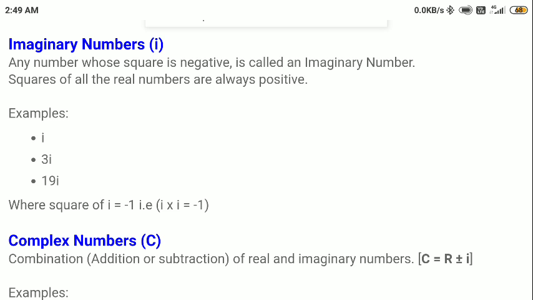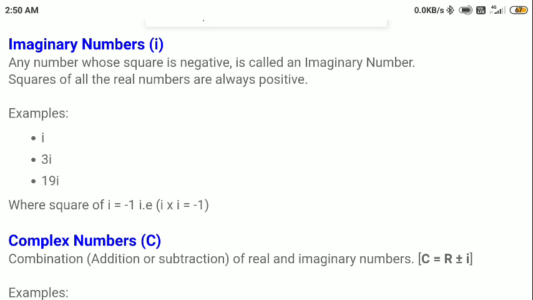That means those numbers can be defined, but they are not real, they are imaginary. So there is a special term used for that. We use i as a special number. It is called iota, i for iota, which has the value root over minus 1, or square root of minus 1. When we take the square of i, we get minus 1. So we are getting a negative value as the square, which is not real, because for any real number, if we take the square, we will always get a positive number, either 0 or positive.